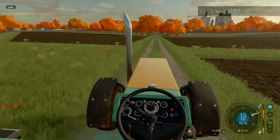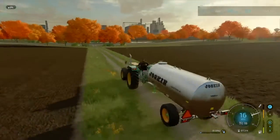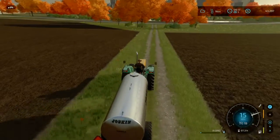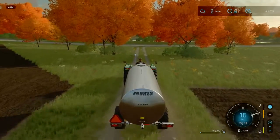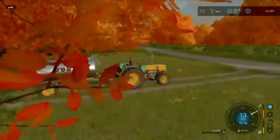So yeah, there's a great place up here to pilfer water. If you were to fill this tank up at a water tank that you can get at your property, I think it costs approximately $700. So we're going to save ourselves $700 here, and seeing that